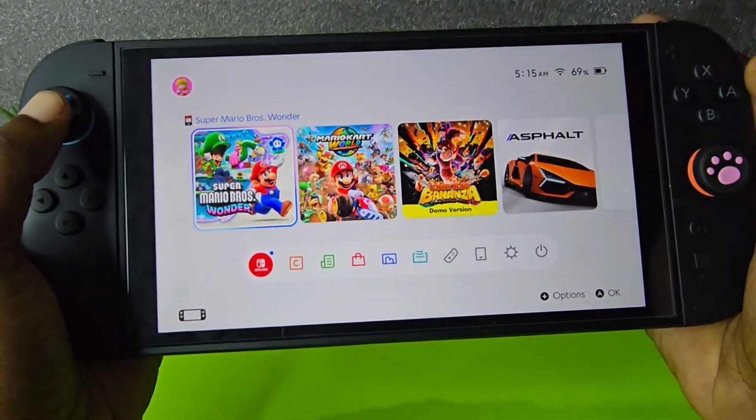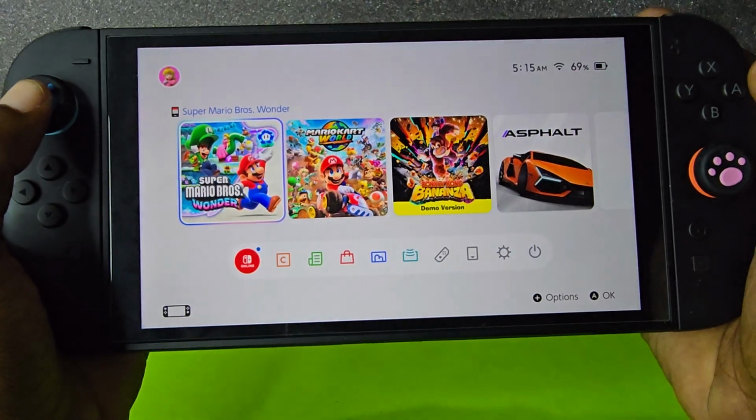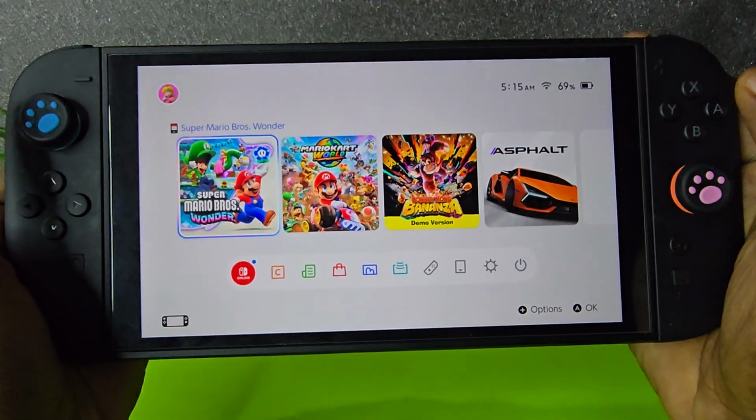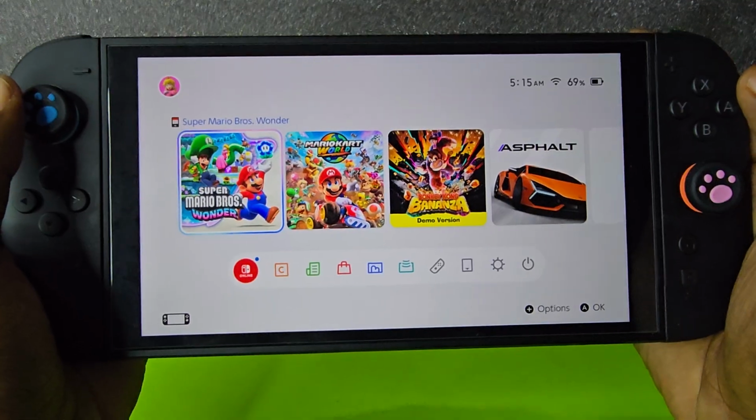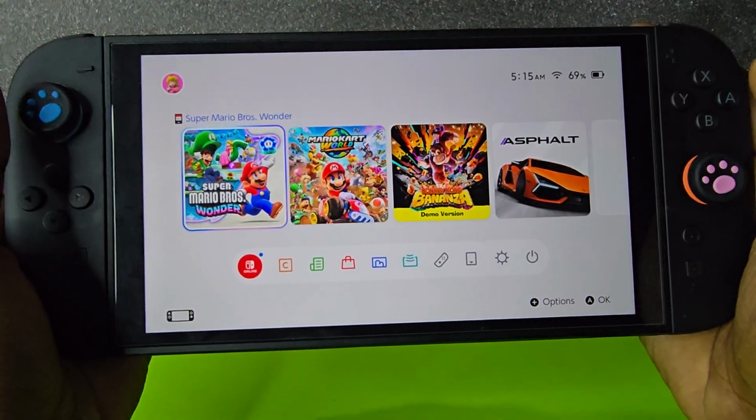In today's tutorial, I'm going to show you how to zoom your screen on the Switch. Now of course there's a zoom feature built in, and of course you can actually zoom where you need to